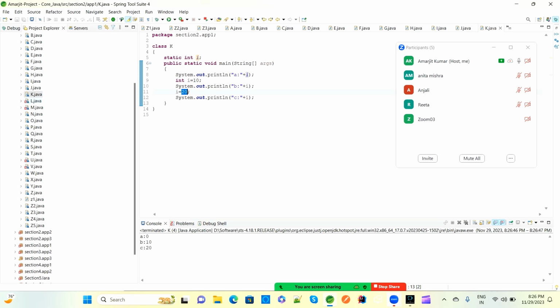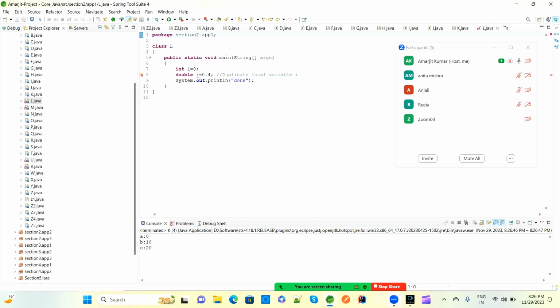Now next is the L program. Inside this L we have two things. One is integer I equal to 0. Again they are trying to declare double I equal to 0. These are all non-static instance variables. This is not static, and they use it inside the method. Inside the method, that is fine. If you have declared without static, meaning a non-static or instance variable, we can directly use it inside the method,